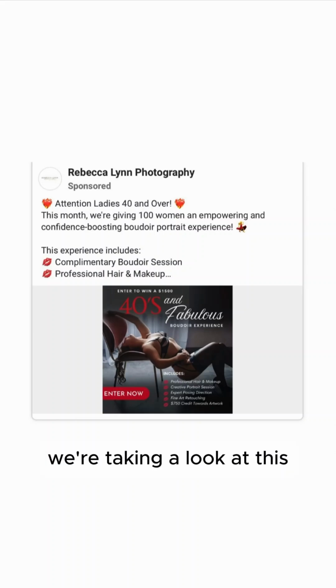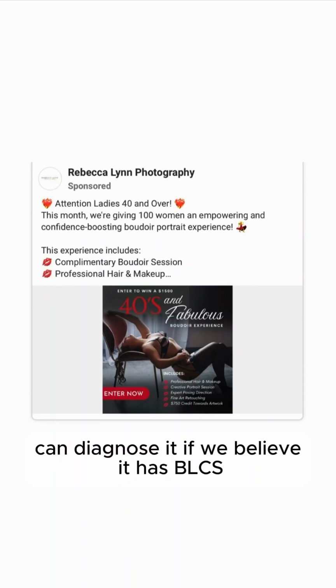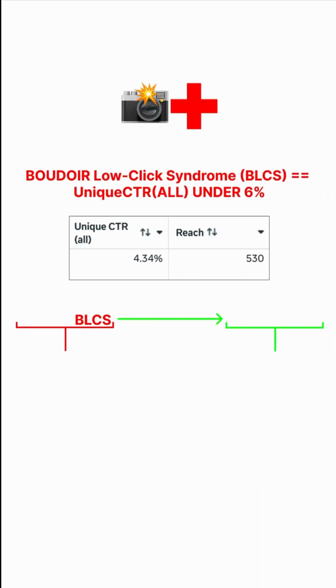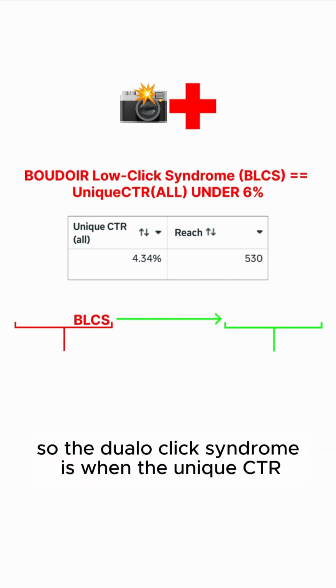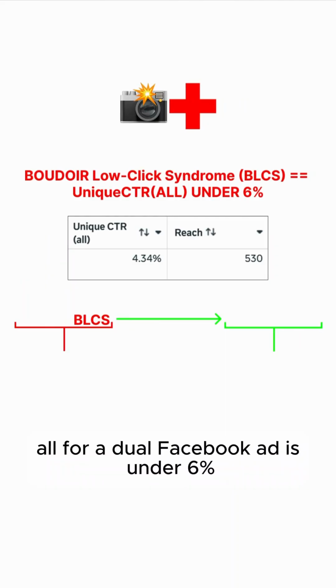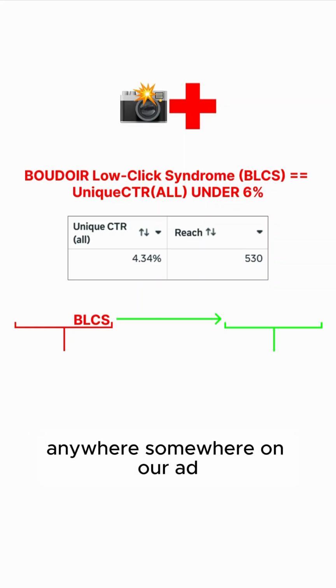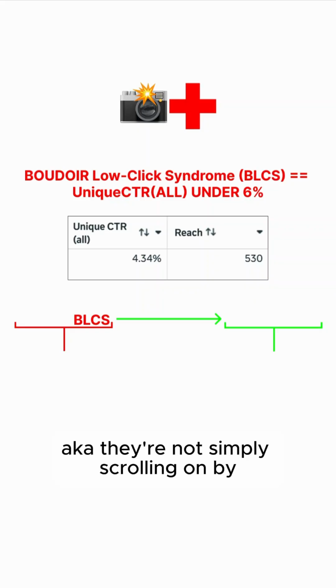All right, y'all, we're taking a look at this Boudoir Facebook ad. Can diagnose it, see if we believe it has BLCS, aka Boudoir low click syndrome. So Boudoir low click syndrome is when the unique CTR all for a Boudoir Facebook ad is under 6%. That means fewer than 6 out of 100 women are clicking anywhere, somewhere on our ad, aka they're not simply